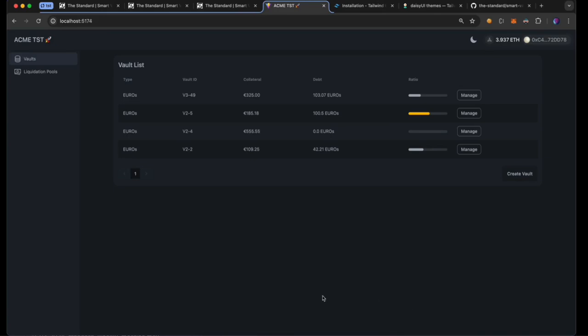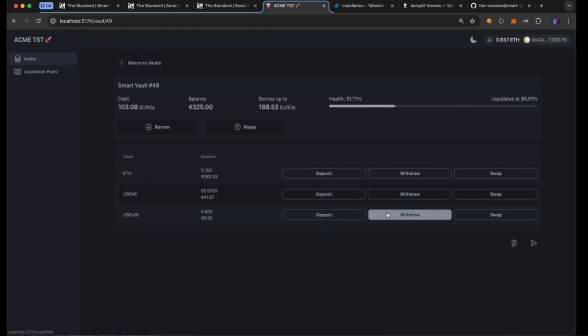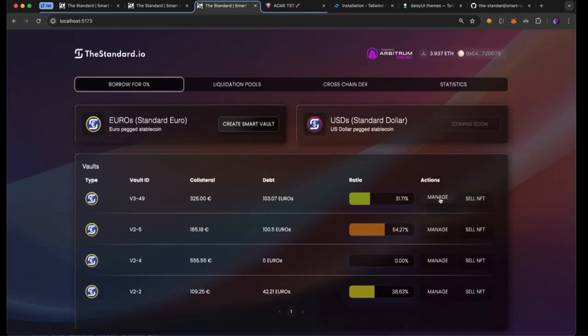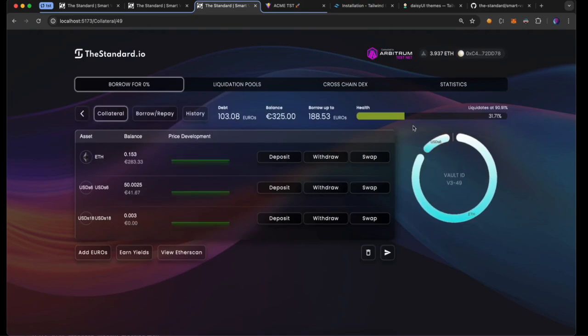Similarly here, we've got the options to create a new vault. You've got all your basic vault information, the ratio until your vault gets liquidated. Forgetting the words here, sorry. And then the option to hop in to actually view your vaults. Again, just as reference, if we go over to the exact same vault, because this is all my local database stuff,